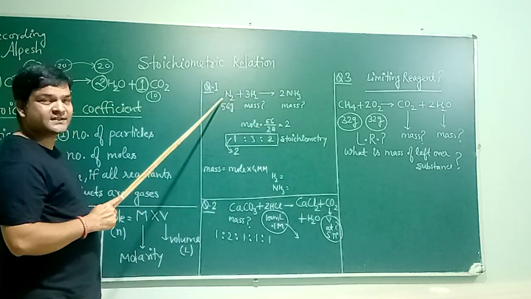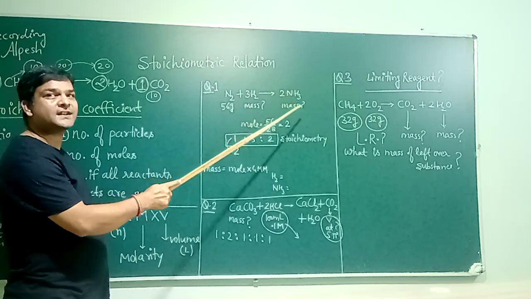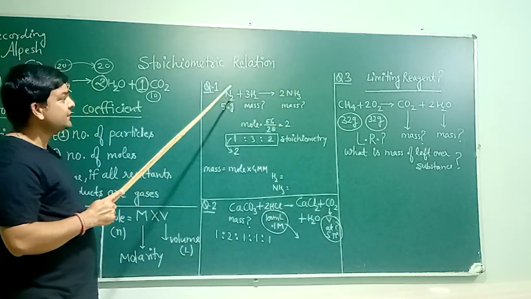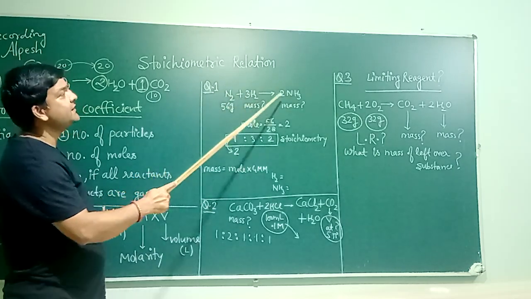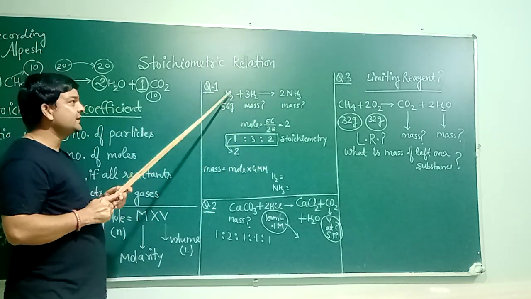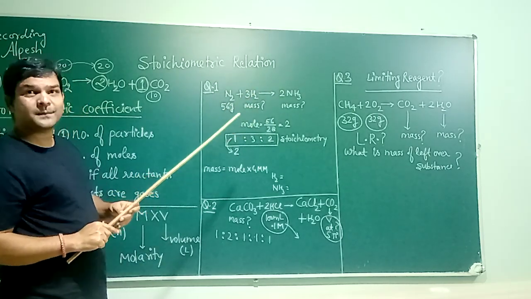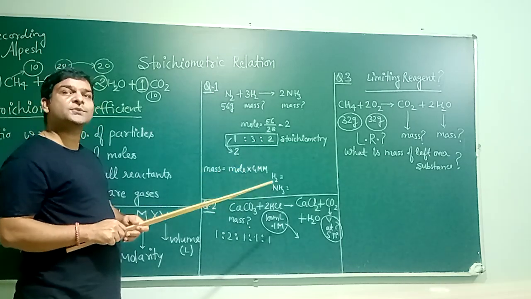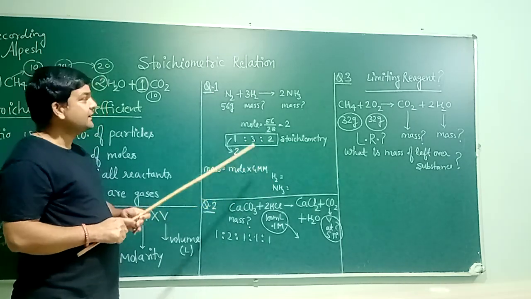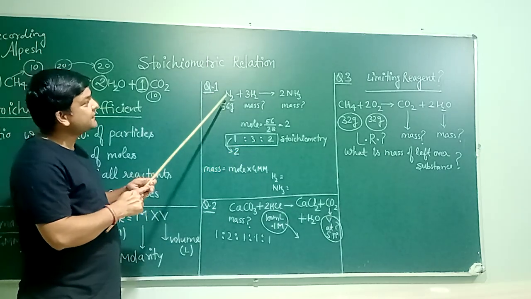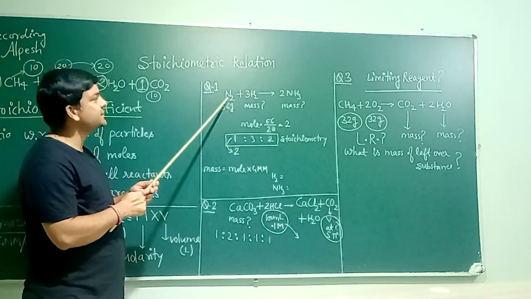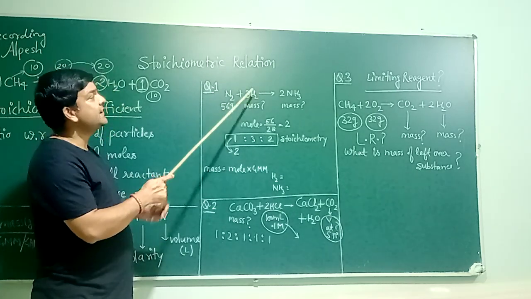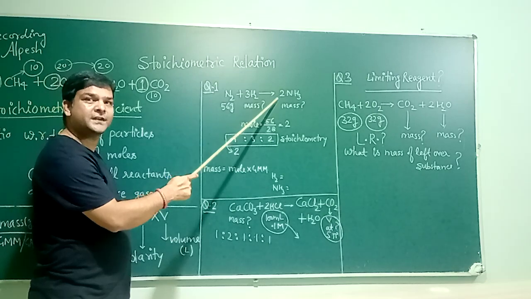Now nitrogen is gas, hydrogen is gas, as well as ammonia is also gas. So here the stoichiometric coefficients are 1, 3 and 2. You can read this 1, 3, 2 with respect to their particles, with respect to their moles, as well as the same is the ratio of their volume also. Volume means, suppose 1 liter of nitrogen reacts in the reaction, we require 3 times, it means 3 liter of hydrogen, and it will give 2 liter of ammonia.